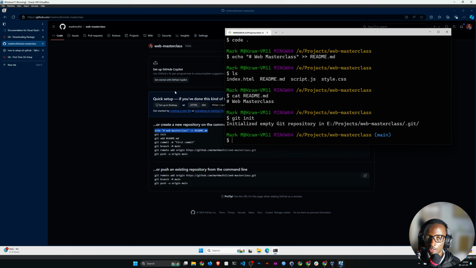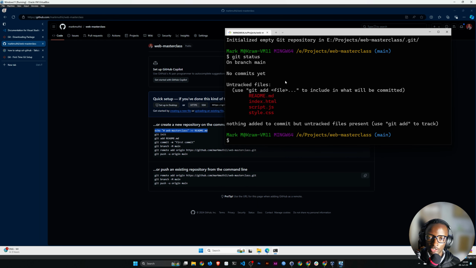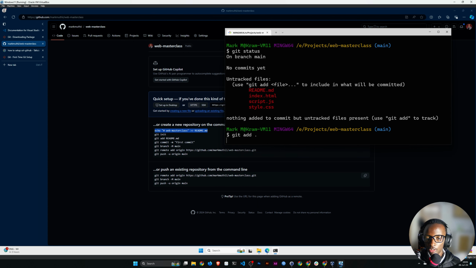We need to push those files up here, and the process now is to add the files. So if we do a git status, we will see what the current status of a Git repository is, and we have untracked files, the readme that we've just created, the index we created earlier, the script, and the style. So we need to add all these files. So in this part here, they're saying git add readme because they're assuming that the only file that you have is the readme.md, but we have others and we want to add all of them. So the command for that is not git add readme, it's going to be git add dot, which will add all the changes into the staging area,